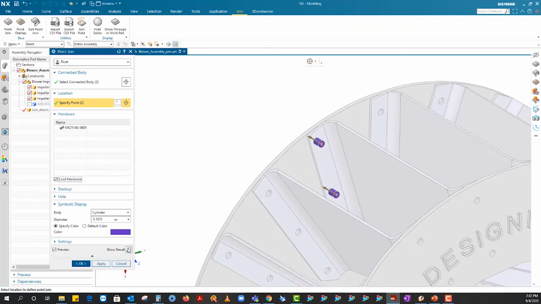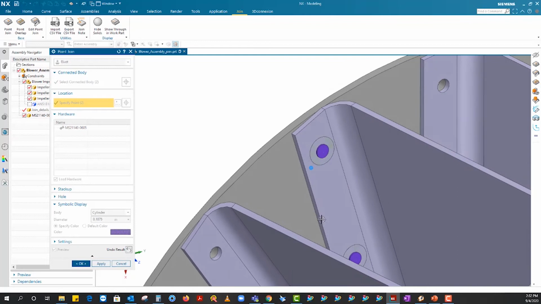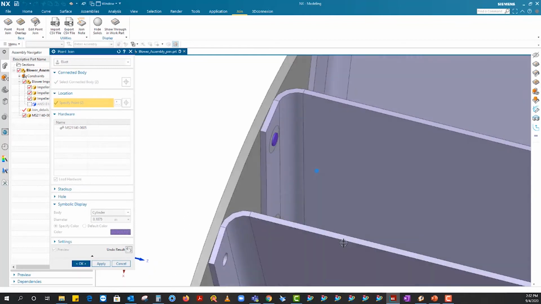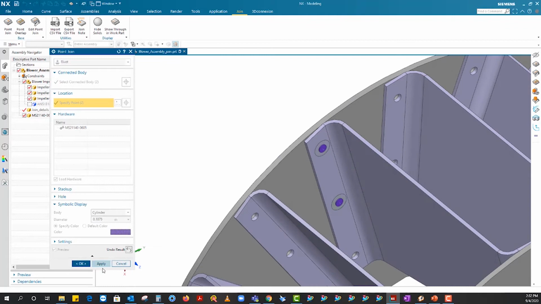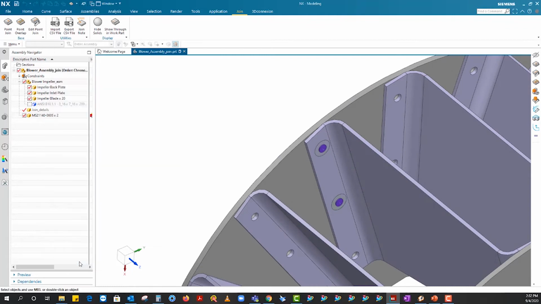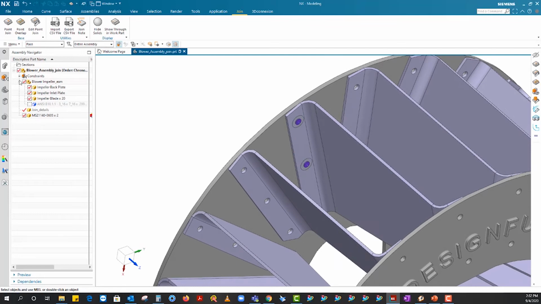And by clicking OK here, it will create a rivet based on your selected hardware. So if I click OK, it will create a rivet joint